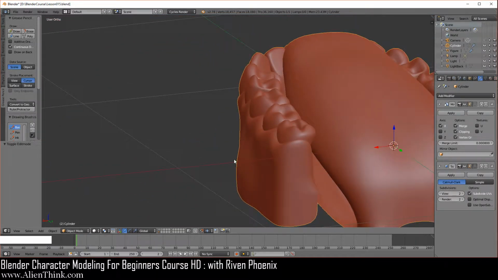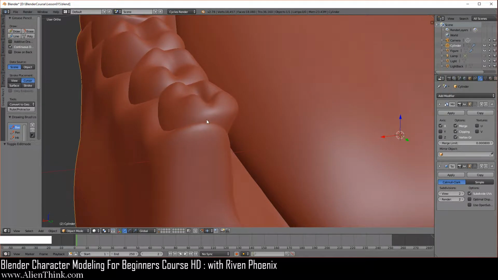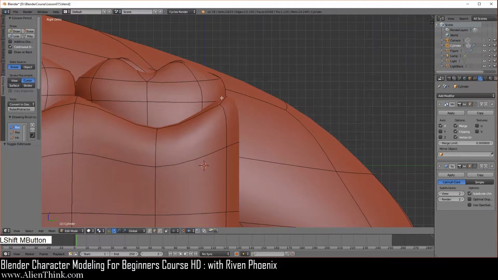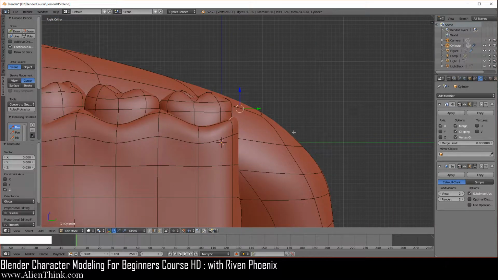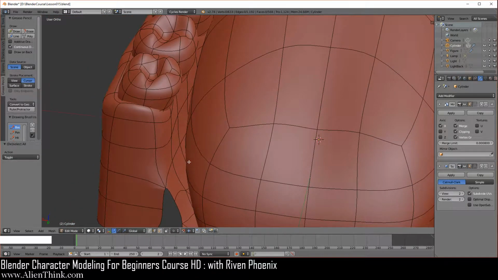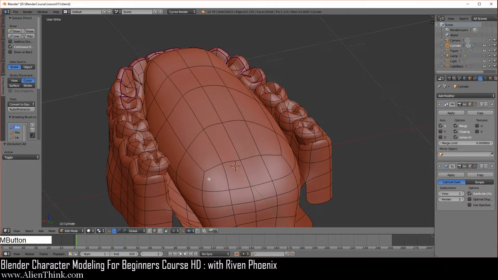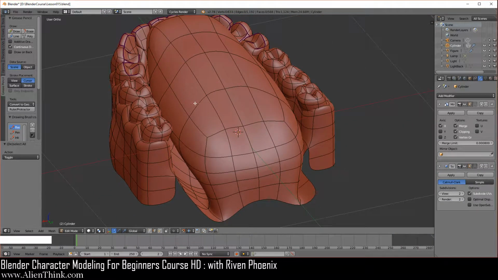Okay, now here on the back, again, this whole area doesn't really matter, so we can actually bring this down a little bit if you want to. So here I'm just going to click on this and just bring it down 1, 2, 3 over here. Okay, so now we need to get to the inside of this area over here before we mess around with the tongue. So how can we do this?